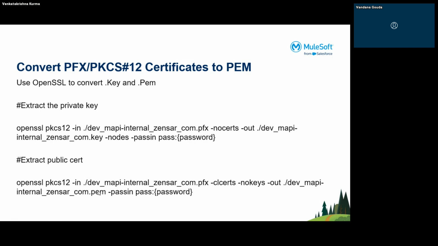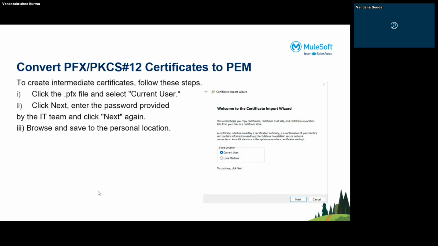So now we have the key and PEM, but where are the intermediate files? How can we generate them? That is the main task for us: to generate the intermediate files and combine all files into this PEM. This is done using OpenSSL. Only these two commands we can run, and then coming to,